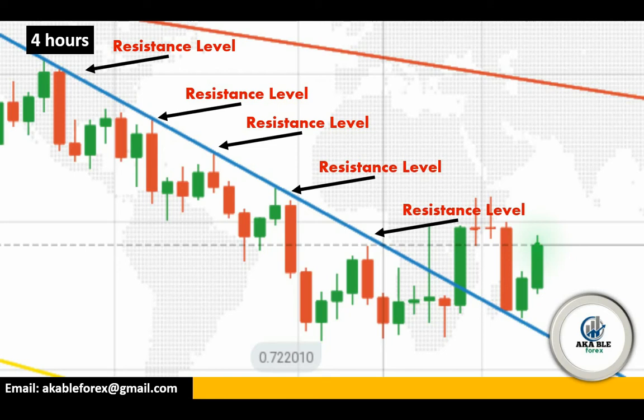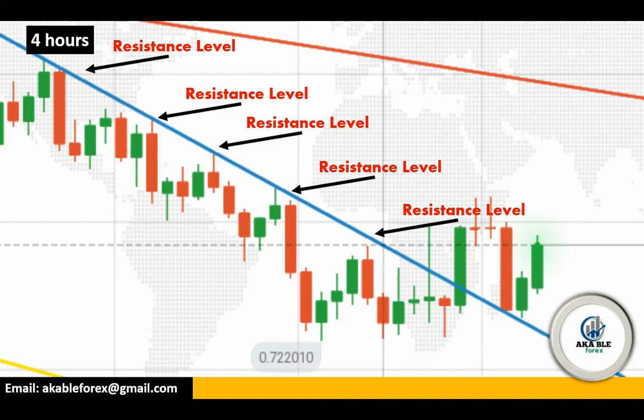After drawing your resistance line, you will clearly see the resistance level, and from there you realize that any time the market touches the line, the price comes down. Any time the market touches the resistance line, which is the blue line, the price goes down. Then we can observe that at the end the market starts to break the blue line. This is where we come in with this strategy. Yes, the most powerful trend breaker strategy. Pay attention to what I'm going to show you.